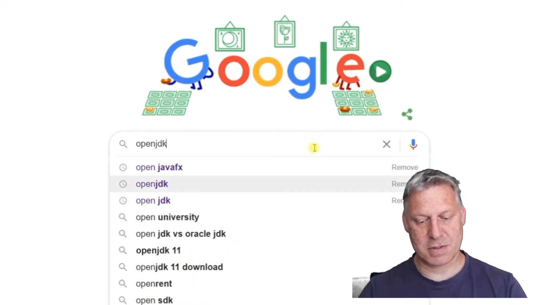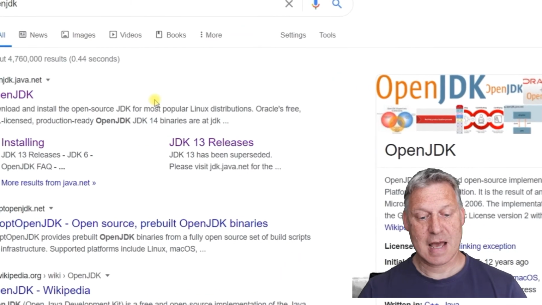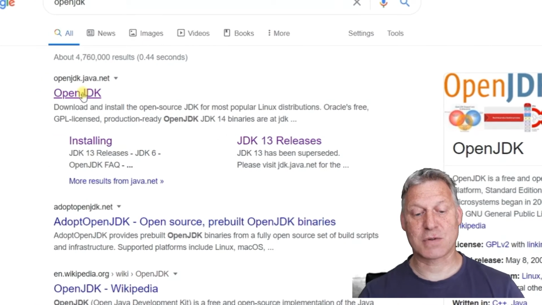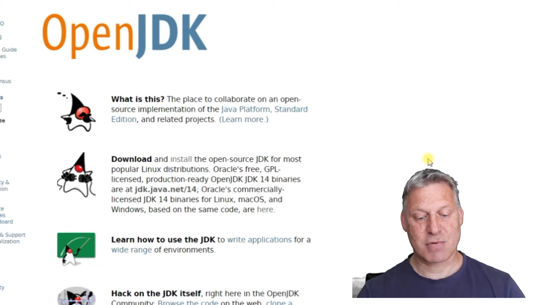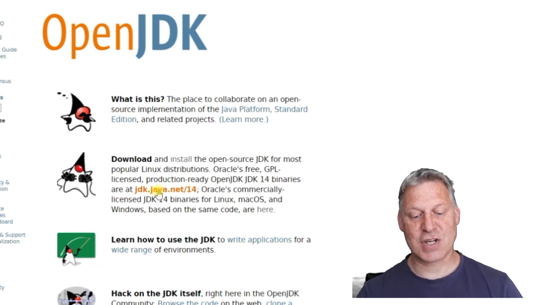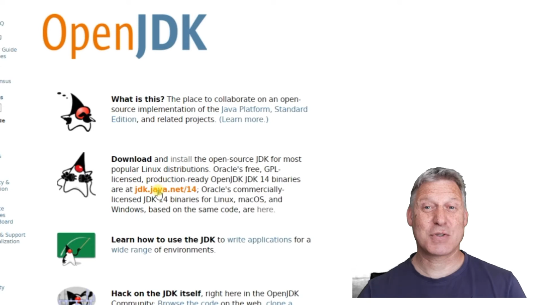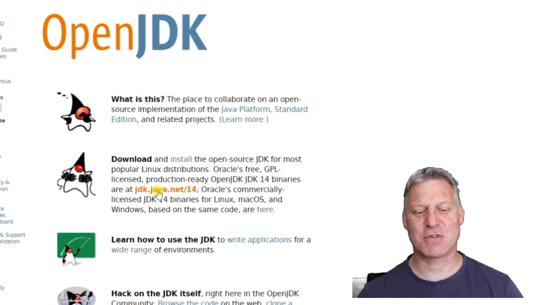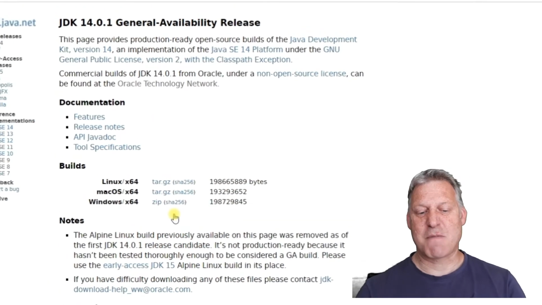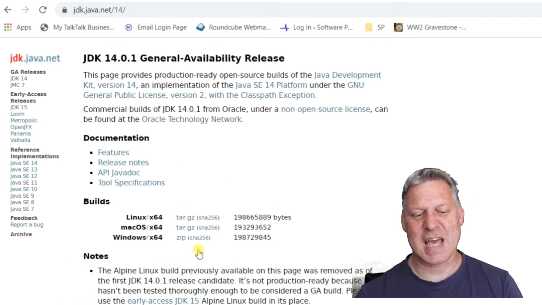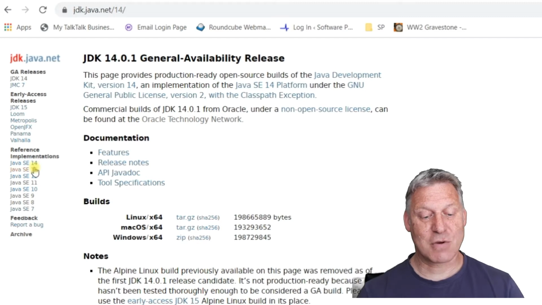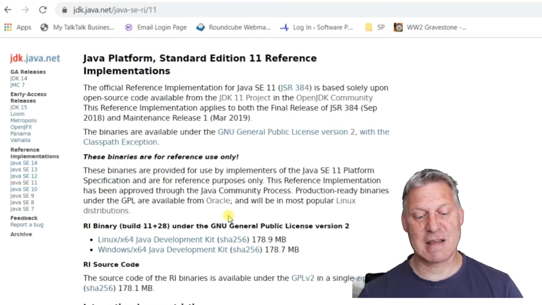I want open, so I'm going to put in Open JDK and pick the openjdk.java.net page, and that brings up this, and there's a link in here that goes to jdk.java.net. I wouldn't worry too much about concentrating on where I'm clicking in the websites. The websites change from time to time, so you just need to know that you're looking for Open JDK and jdk.java.net. Java.net is the domain where you can find it. And then there's a whole load of versions down the side here. I'm going to pick version 11,